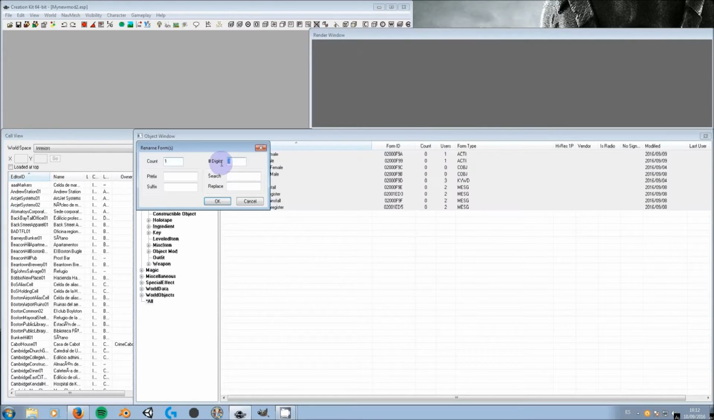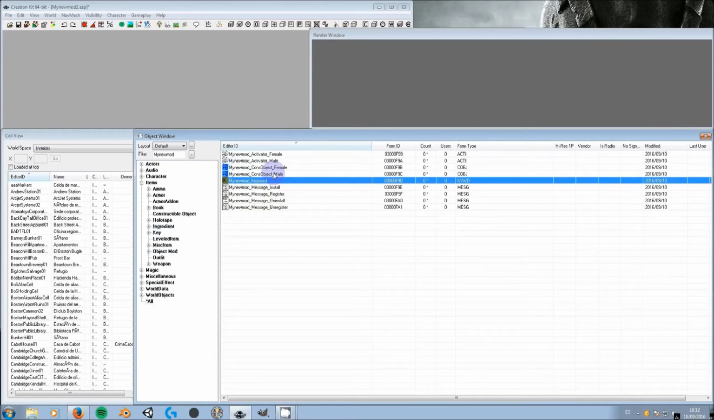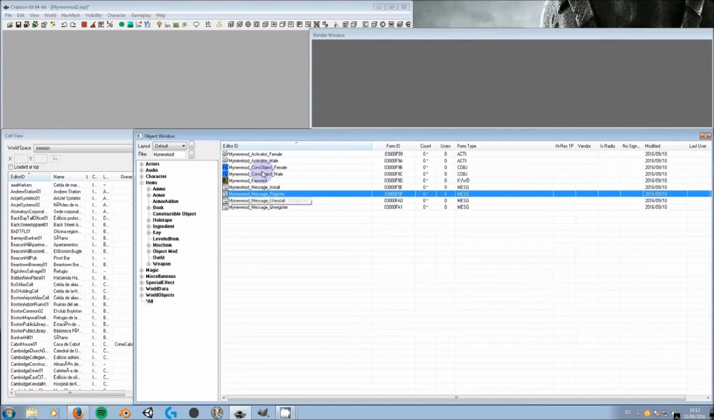So duplicate and rename digits. We don't want any digits, so you place 0 in search. You search your mod and you replace this with the name of your mod as we have made always. So my new mod, press OK, and well, you don't see now anything because you are searching your mod, but if you search my new mod, you will have everything you need just here created. Okay, this is just a copy, a new copy. So now we're gonna